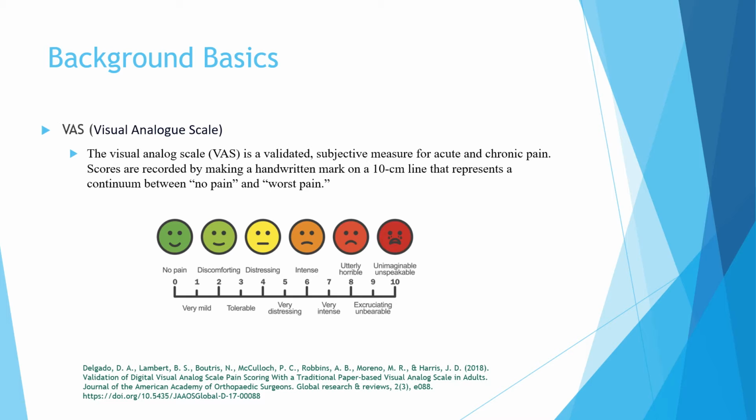But basically, the visual analog scale is a pain scale on a 0 to 10 metric, with 10 being the most pain and 0 being no pain. And a clinician can give this to the patient and let them judge and select where they are at currently on that pain scale. And it's a way for them to quantify not only the baseline of pain before therapeutic intervention, but as well as a way to monitor the progress through the treatment. And in this case, they monitored the progress at baseline, 3 months, 6 months, and 12 months.